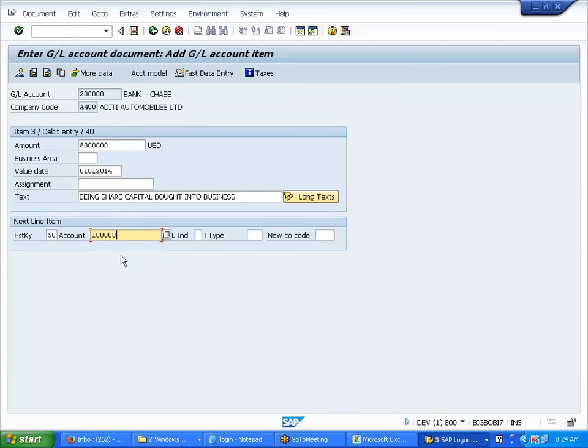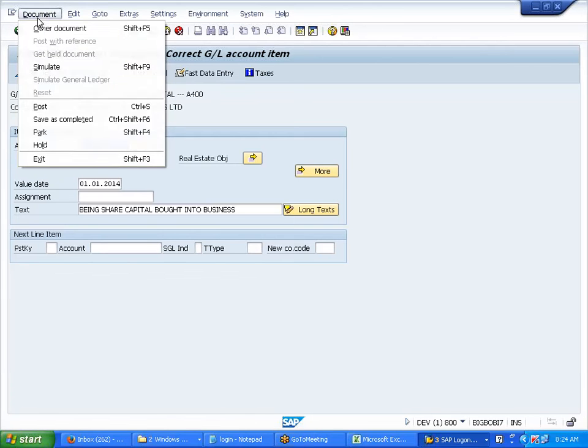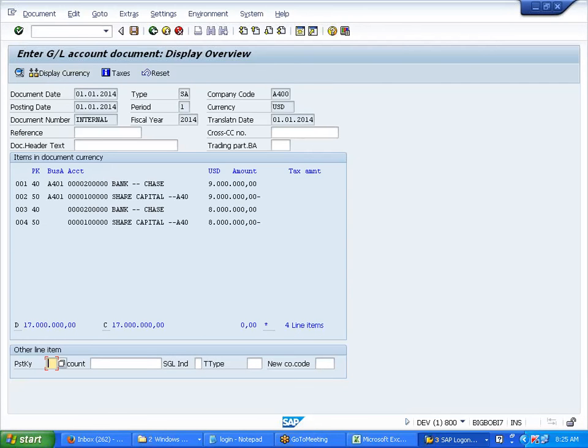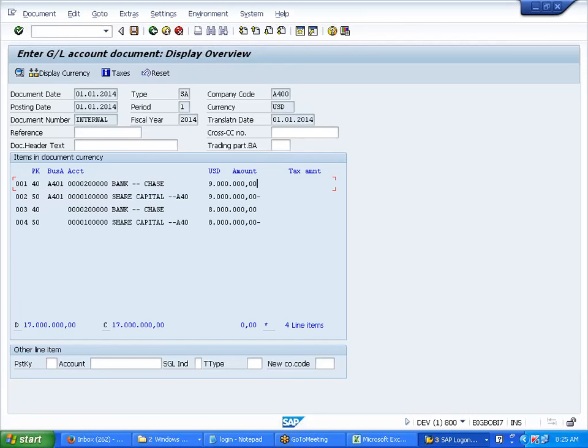So in the same journal entry, you're posting more. Now how many items in total? 4, right? When I simulate, this is like testing. Before saving, 4. So these line items are a limitation of the company.